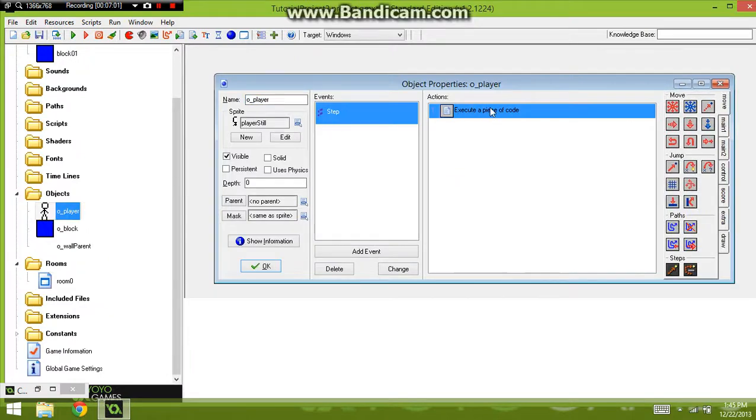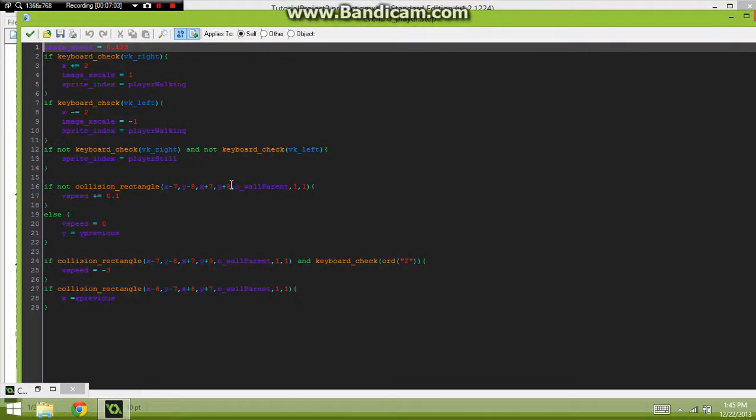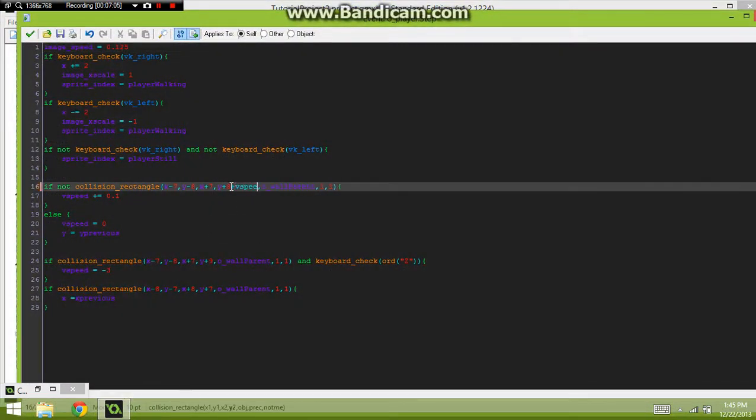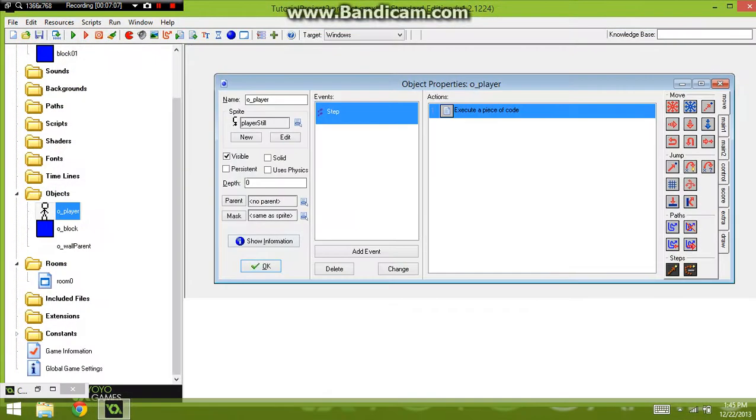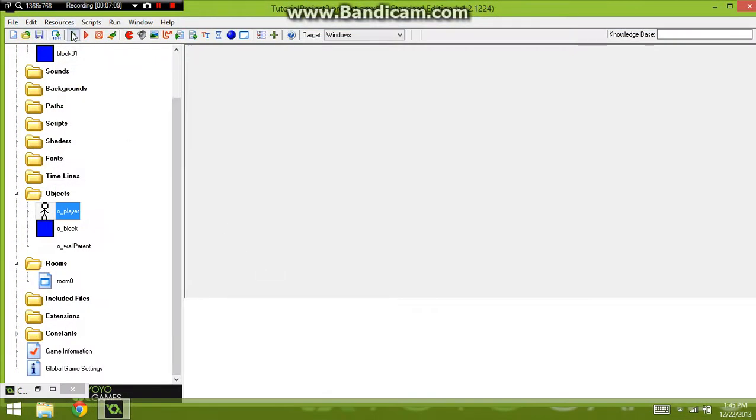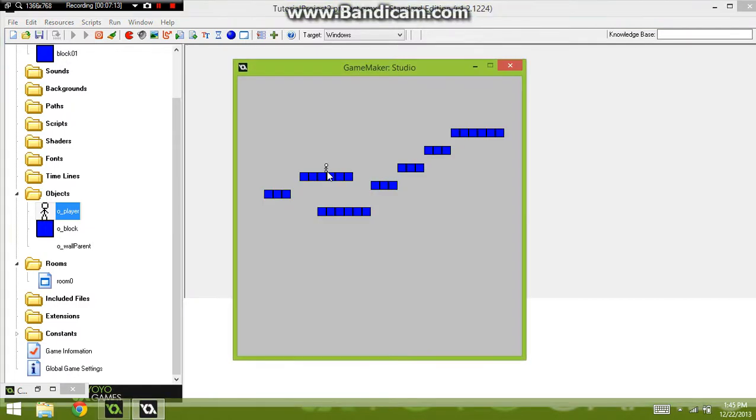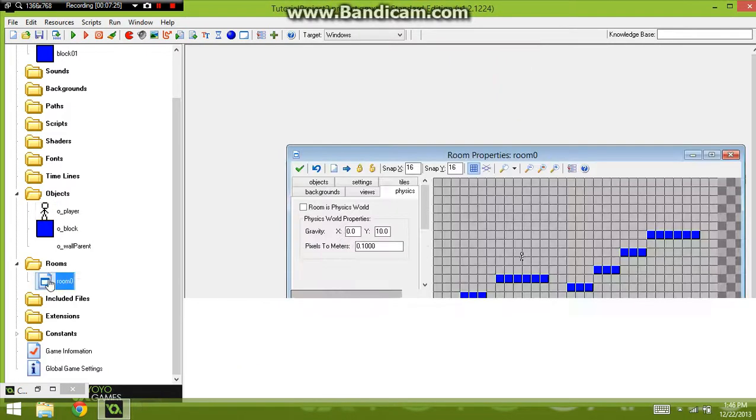And there is a way to fix this, which is basically what I'm going to do. I'm going to set this to plus v speed. So this means that when you're falling, your hitbox will expand downwards accordingly. This will mean that I fall very smoothly and I won't sink into the block anymore. But yeah, now as you can see, I can just go on the blocks, and if I add a little wall over here,